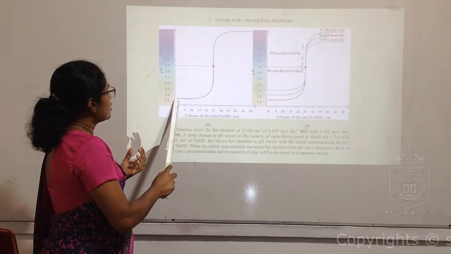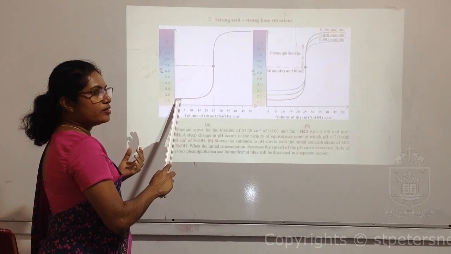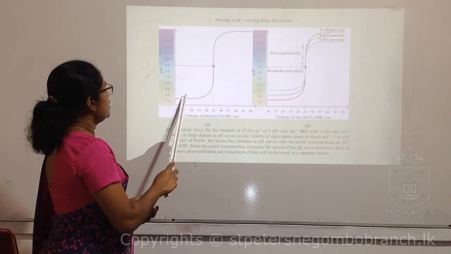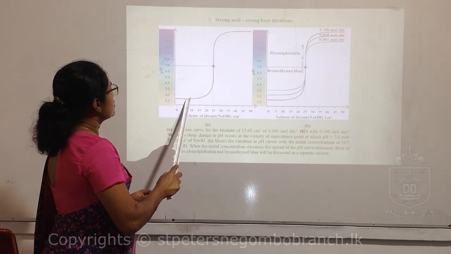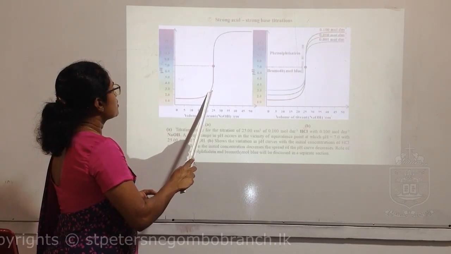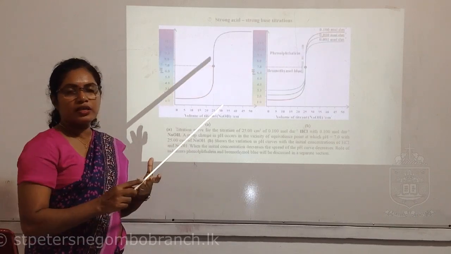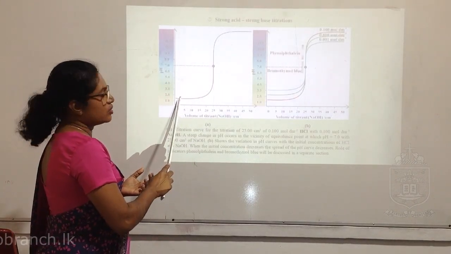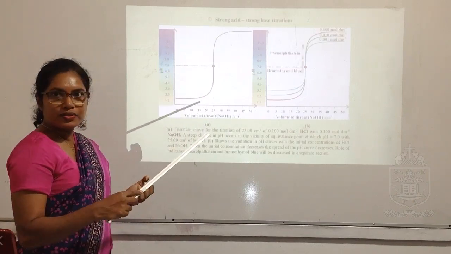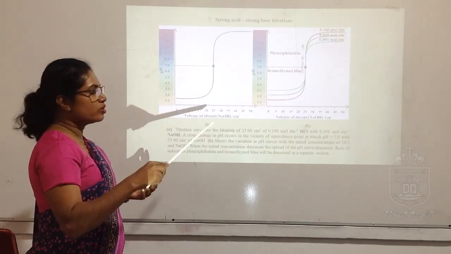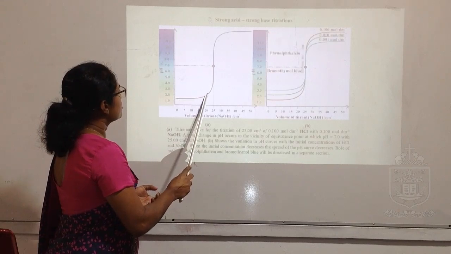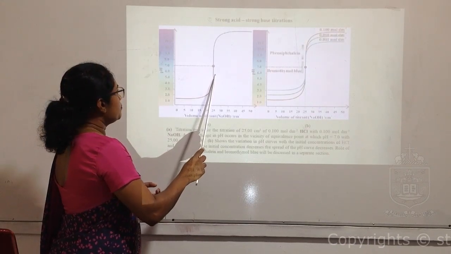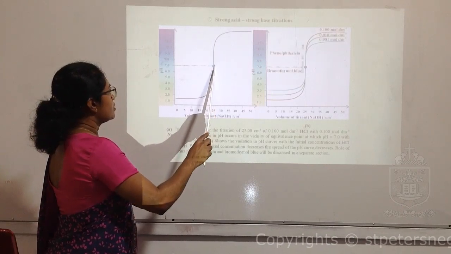Here you can see we have added base to acid, and gradually the pH changes, because the titration flask contains acid, and when we add titrant base to that, the pH changes, and we can find a steep pH change like this,